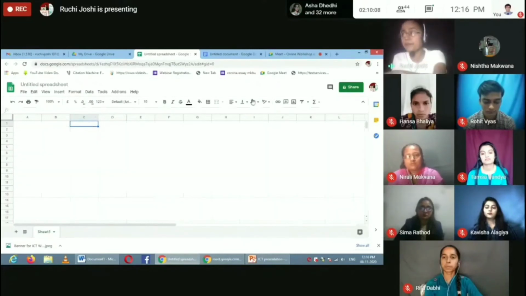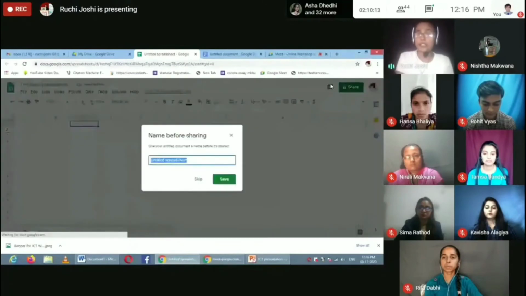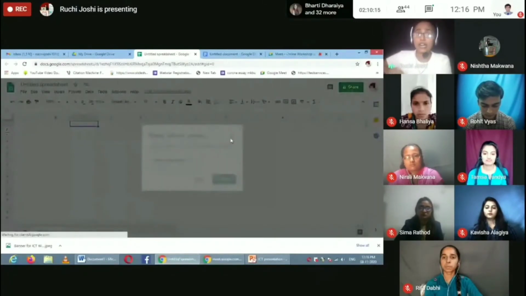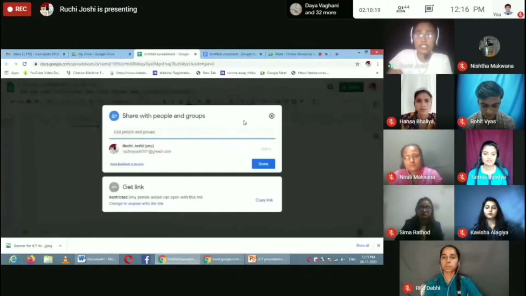This is private to only me, so we can change this. We have to permit how we want others to edit this, or whether we want to allow them to only see. So this is a spreadsheet.